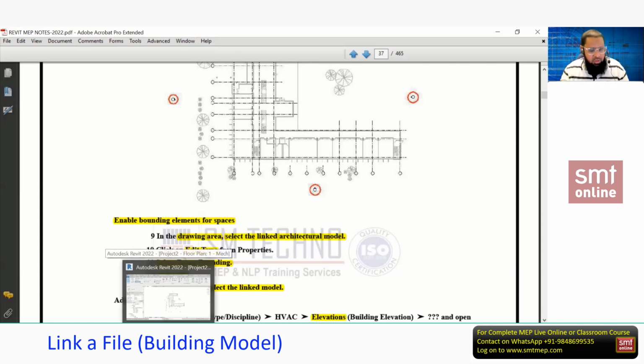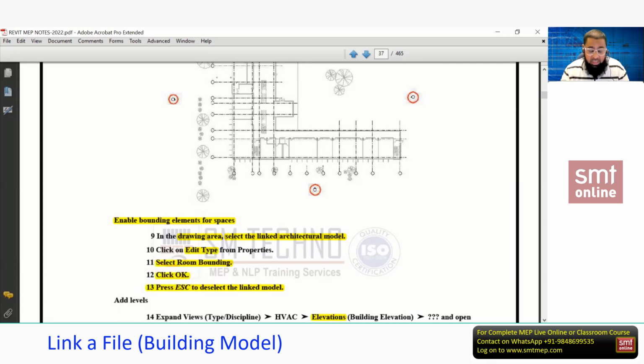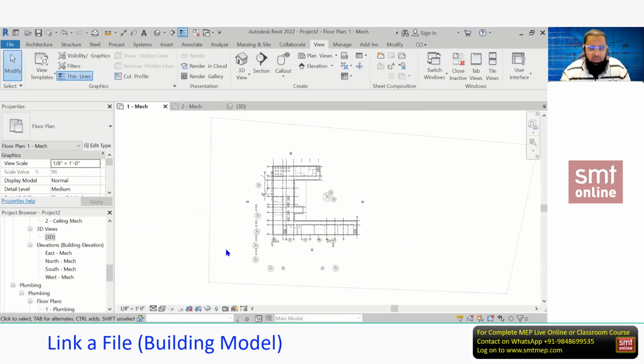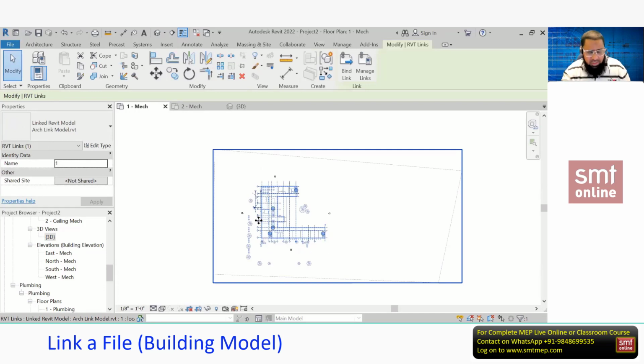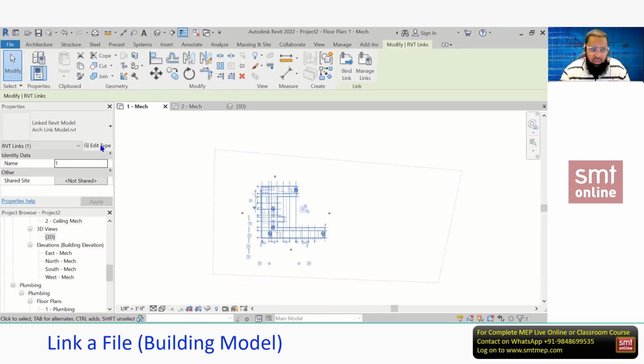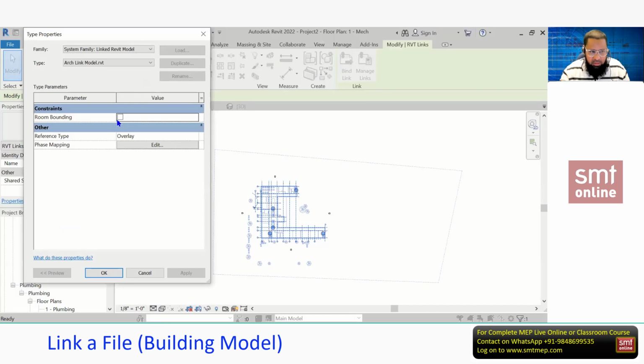Okay, so how to do the room bounding? Just follow the procedure. You may not get the concept at this level. At the time of preparing spaces, I can show the importance of room bounding. At this level, just focus on the steps. Select this 3D intelligent building on any view, because when you select, everything will select, the entire building, because it's a single object. It may be 10 floors, it acts as a single object. After selecting this, simply click on edit type, select this room bounding and click OK.